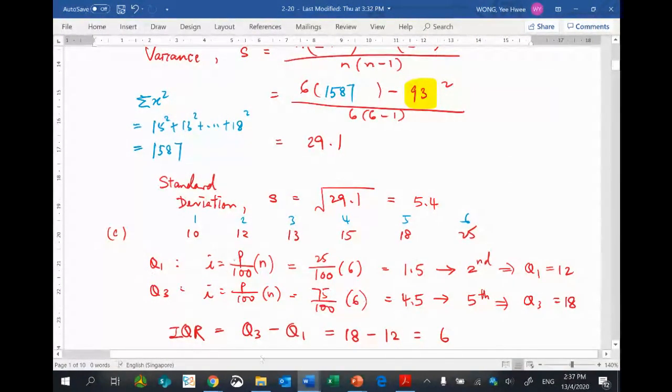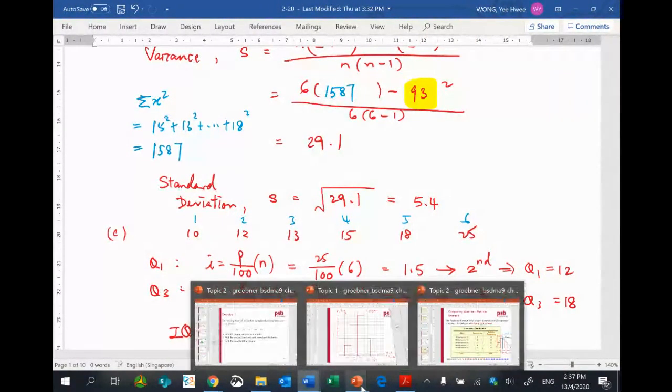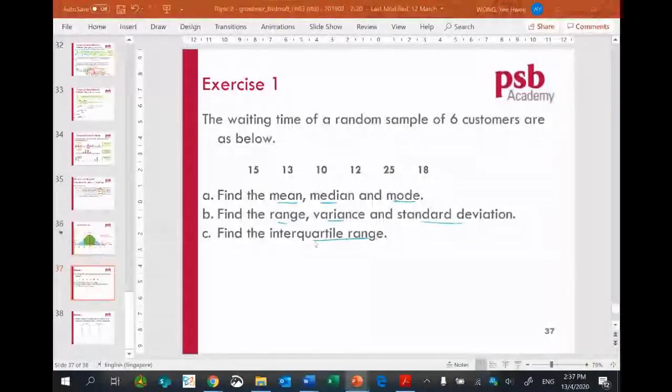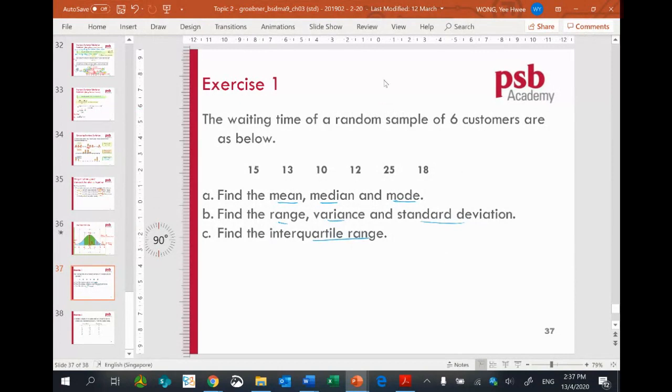Any question up to here? No? I go back here. So this is a requirement for this topic: what you need to know how to calculate. Okay, next,